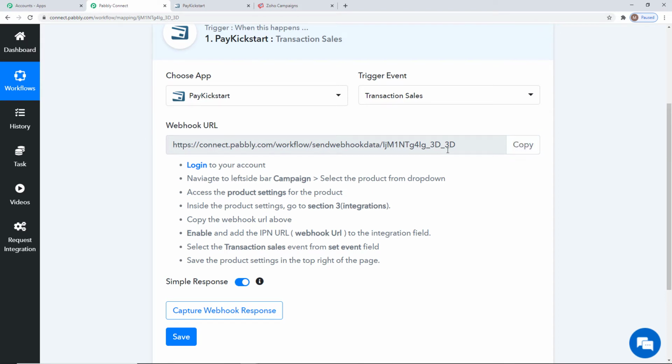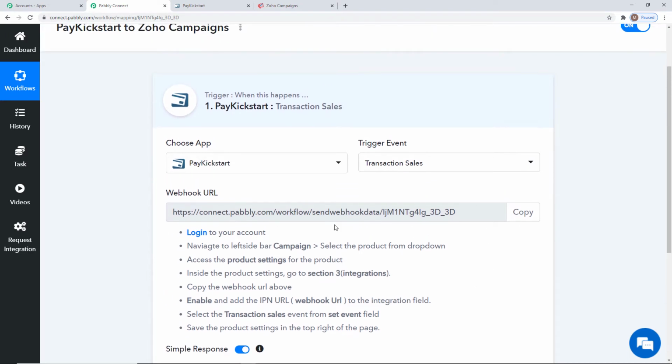So now here you can see a term called webhook URL and a URL displayed over here. Now you might again ask me, what is this webhook URL and how is it helpful for us? Let me tell you that webhook is an essential way to get data from an external software at Pabbly's end. So this webhook URL helps you to build a connection between the trigger software application and Pabbly Connect. So after choosing the app and after choosing the trigger event, what we do is we copy the webhook URL and we'll go and paste it inside PayKickstart. That is our trigger software application.